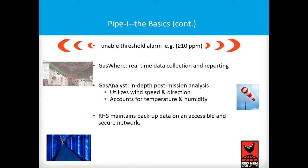So, next slide. The Boreal Gas Finder has a tunable threshold alarm, and that threshold is set at 10 ppm. Whenever the Boreal detects an emission that is over 10 parts per million, that alarm goes off. Our Gasware software is our real-time data collection and reporting software. What that does for us is it tells us the PPM levels as we're flying or driving the pipeline